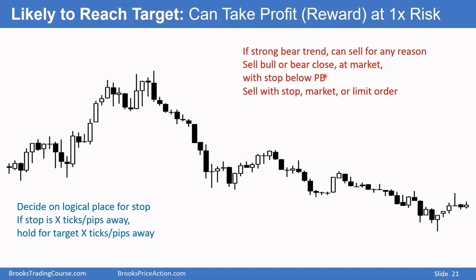You next have to analyze where is a logical place for the stop. The top of the sell climax, the top of this bear breakout is a good place. You could also put a stop up there. And you know how far your entry price is. If I sold here or if I sold here, I can figure out how many ticks or how many pips I'm risking. And then I should set my profit-taking target at that same number of ticks or pips,